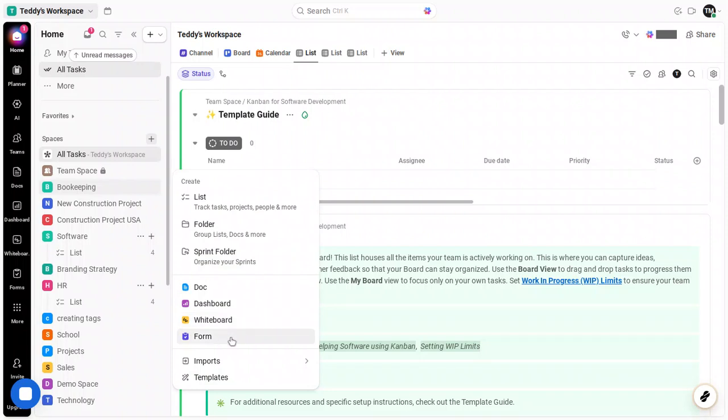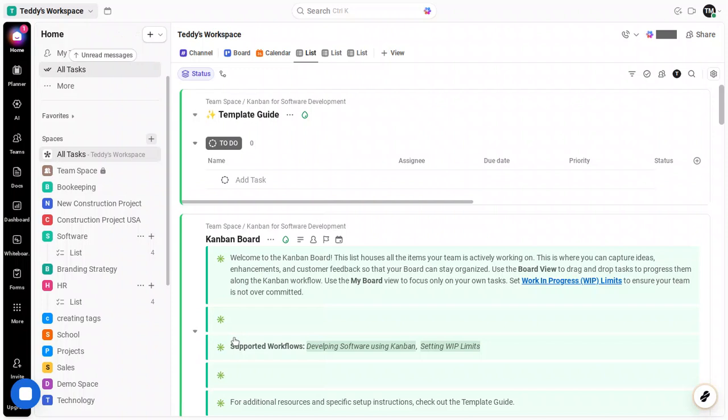moving. Next, navigate to the space where you want this form to live. Think of a space as a container for a team, department, or workflow. Choosing the right space up front helps ensure each submission ends up in the right pipeline with the correct members, statuses, and views. Open the area you want to work in, then locate the task or list view where you'll